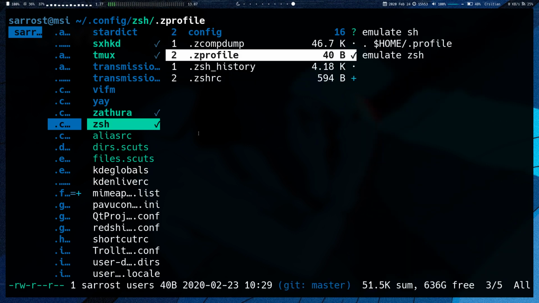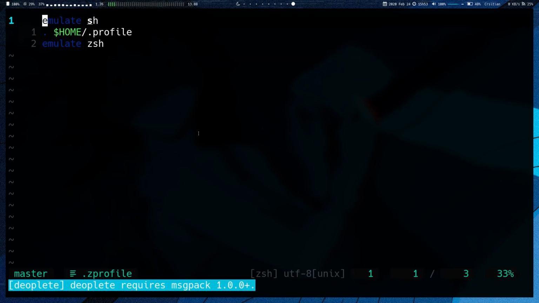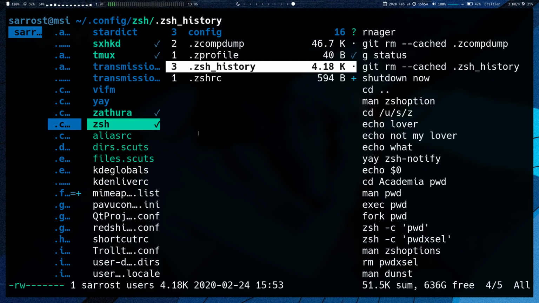So I've got a zprofile. This is for the TTY. If you understand this, congrats, because I don't. Basically, whenever I log in from the TTY, because I don't have a login manager, it sources .profile, which in turn executes the startx command to start my graphic environment. If you know what that is, congrats. If you don't, sorry, I can't explain it myself. I just know that it works. Anyways,